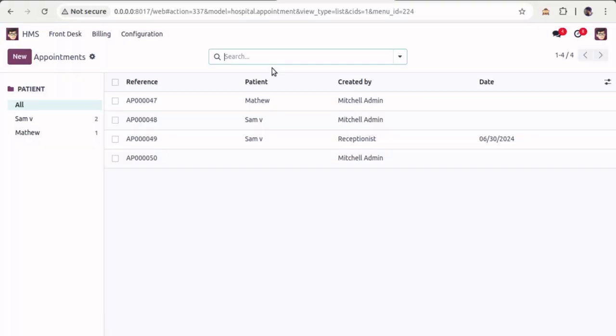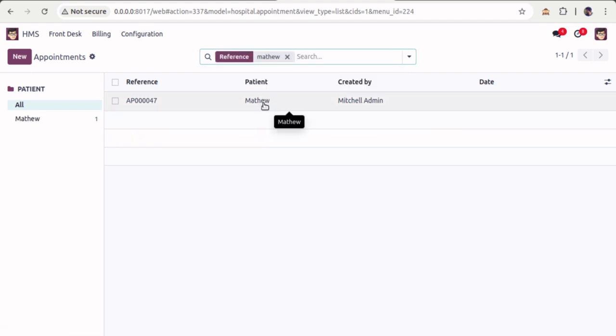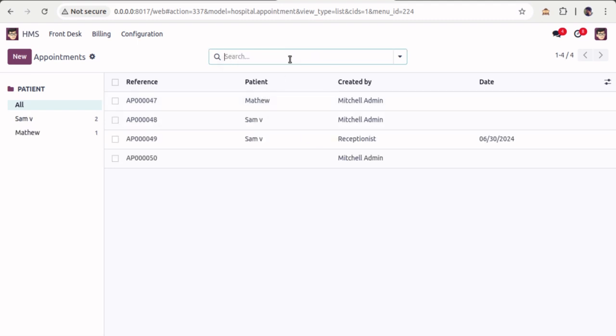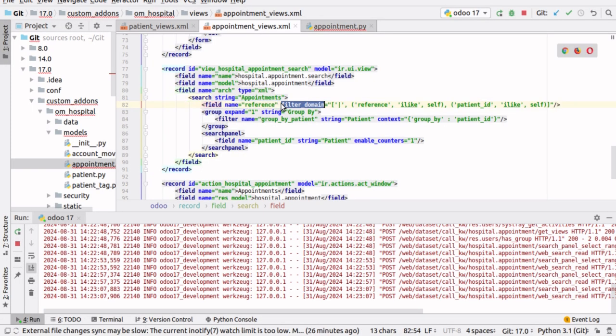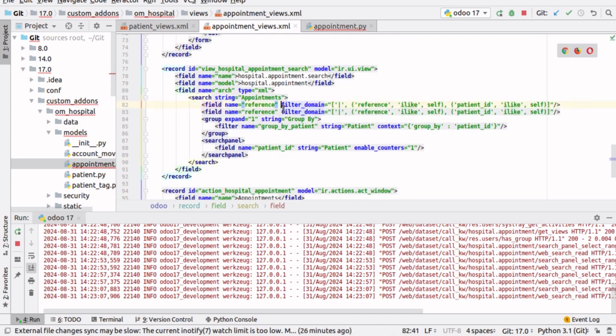And right now, if I need to search Matthew, I can directly search inside reference. It is filtering Matthew. Or if I need to filter a particular appointment, let's say AP000049, this reference filter can filter on this field as well as this field, this reference filter domain. Now if I put it like this,